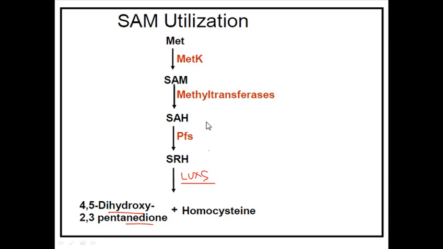What is the problem? When the whole system is going on in vitro, homocysteine and DPD are made, but SRH, the ribose homocysteine residue, is fairly unstable, or rather very active. This is a very active molecule that can be converted into other molecules. The ribose ring, the pentameric ring of ribose sugar as we all know,